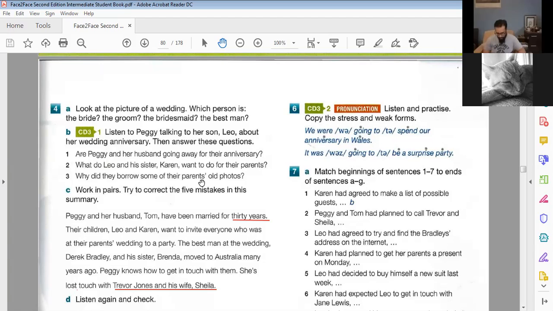Well, we were going to spend our anniversary in the cottage in Wales where we had our honeymoon, but it was already booked. Tom was supposed to book it months ago, but he forgot. So the short answer is no. No plans. Right. Karen and I want to organise a party for you. It was going to be a surprise party, but we can't organise it without you. Oh, what a lovely idea. Actually, we want to invite all the people who came to your wedding. So we borrowed some of your old wedding photos, but we haven't got a clue who most of them are. Well, we've lost touch with most of them. 25 years is a long time.